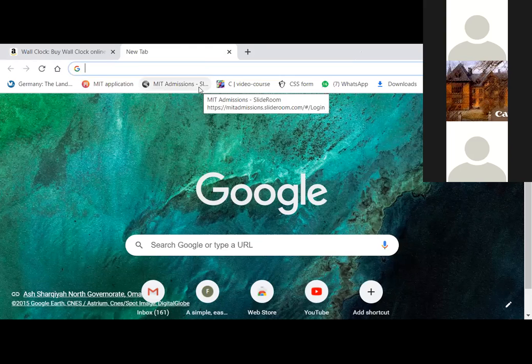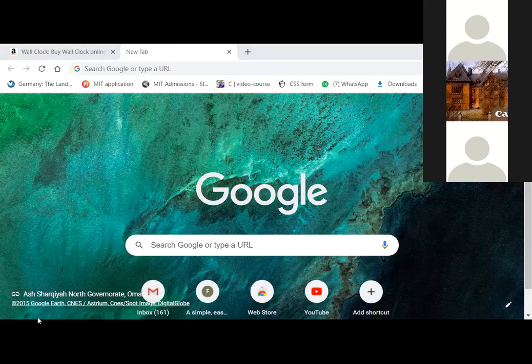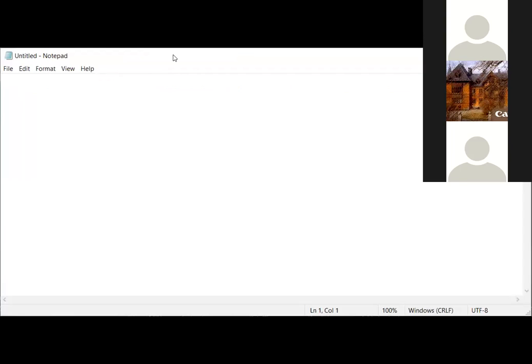But what I want you all to do is just install a text editor so that you all can code your websites in that particular text editor. You all can make your websites in an application called Notepad. If you go to Notepad and open this application, you all can see the screen. You all can type your code in this as well.